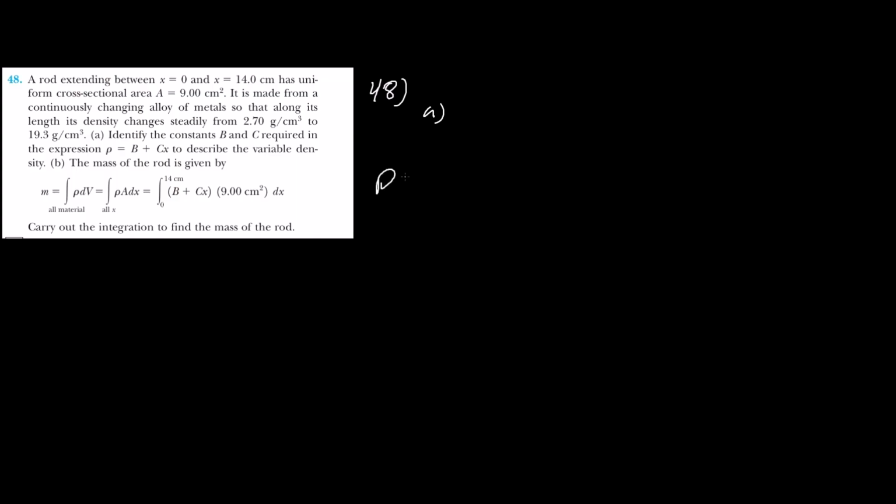So this is going to be the density formula that they're given, B plus Cx. Let me rewrite that. So B plus Cx. And to describe the variable density, in other words, folks, this is the density. And it's saying that this is going to be a rod with a cross-sectional area, not that it matters, but its density changes from 2.70 grams per centimeter cubed to 19.3 grams per centimeter cubed. So when x is 0,